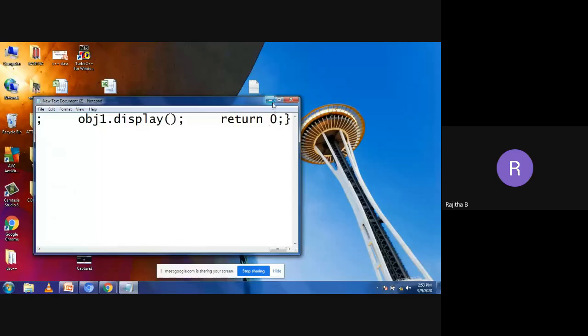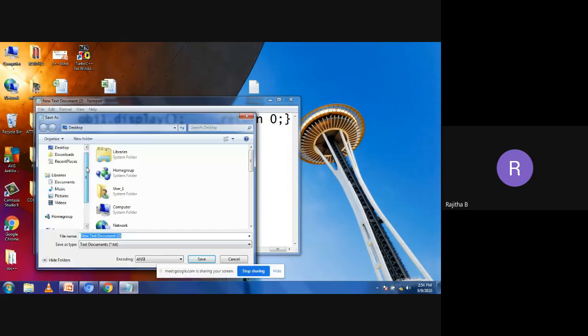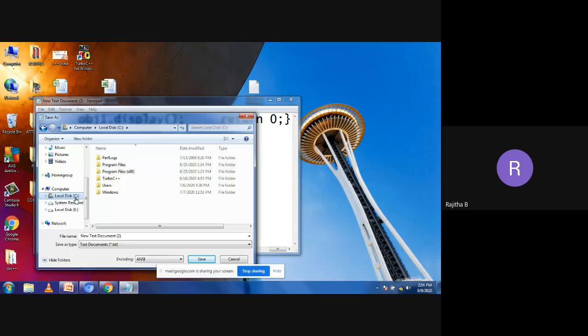This is the program. First, I need to save this one. Save as. I'm going to save this program in the C drive, in Turbo C++, in the C++ compiler.